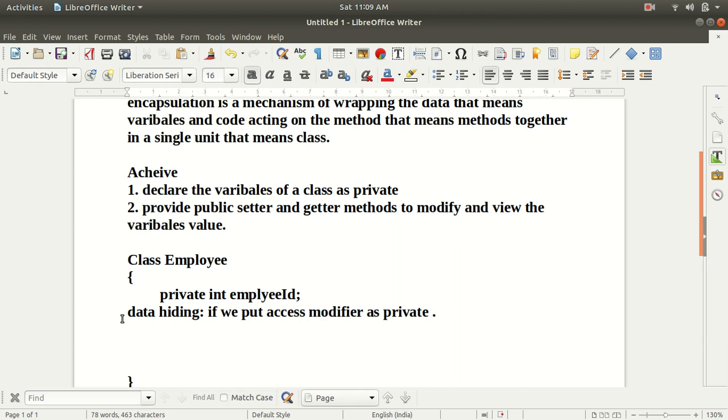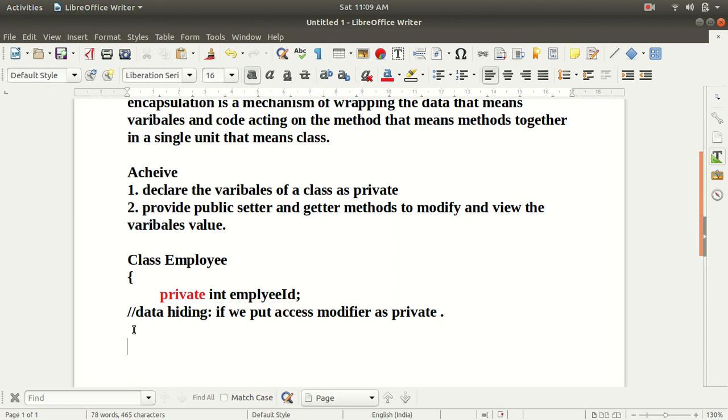And now guys, we are going to see the second step. The first step was to declare the variable of a class as private. I have declared this variable of this class, employee id, as private. Fine.